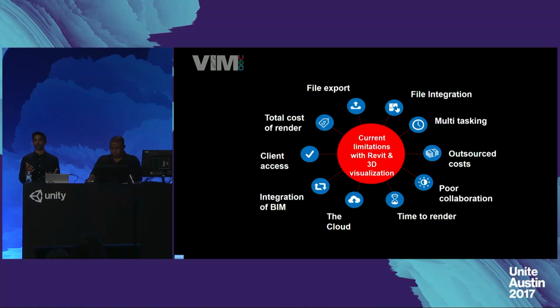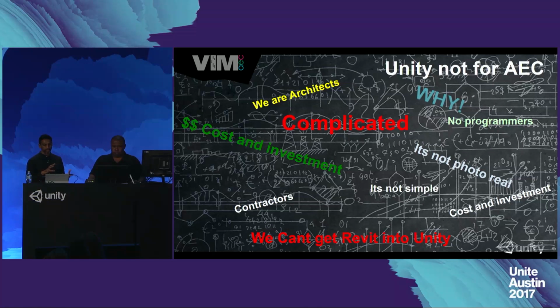But the biggest thing is interop. The interop of taking CAD data into Unity is still difficult. But what we've done at VIMaec, in talking to a number of different firms, small, medium and large, is work out some technology that you're going to see today that will enable you to take your Revit file with all the BIM data aggregated into a Unity viewer that we've developed. But also on top of that, you're going to be able to take that file directly into Unity as well. And it's going to be fully optimized with materials, light, shaders, everything else. And it's available today.